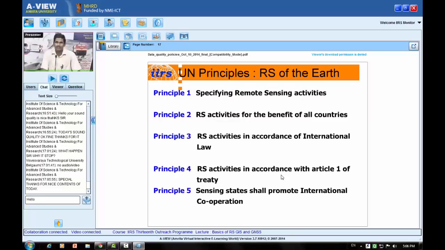When you talk about UN principles, it is all relevant for all of us. What I am talking about is the United Nations principles on remote sensing. They developed these very long back. There are 16 principles, something like that. What I mean to say is